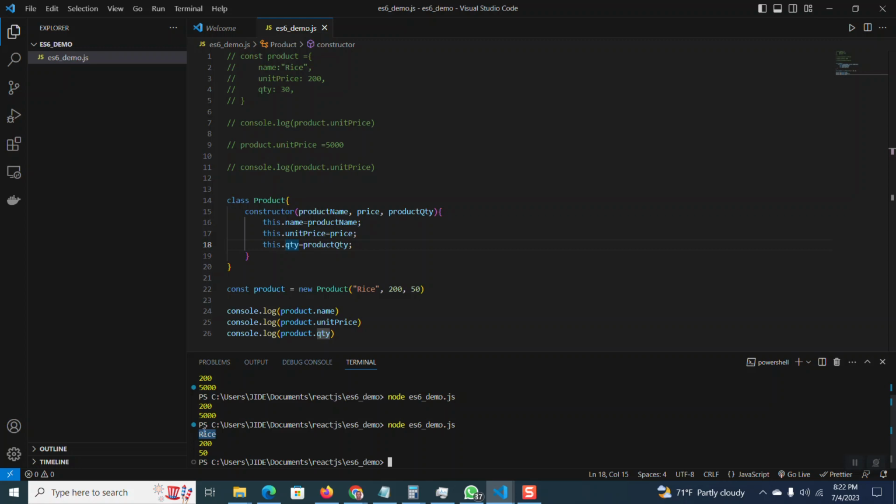So now, when we run it, let's see what is happening. Can you see the price? Can you see quantity 200? Now, take note, this class has nothing to do with